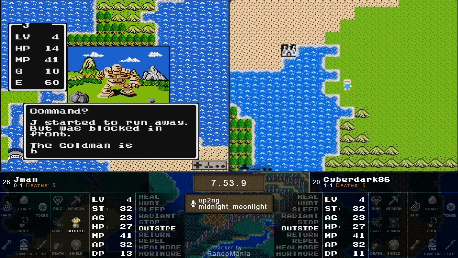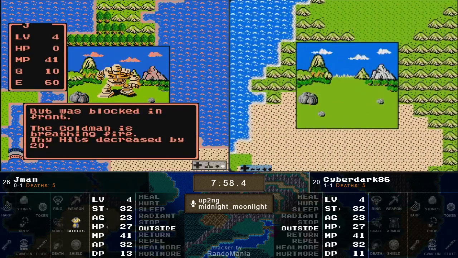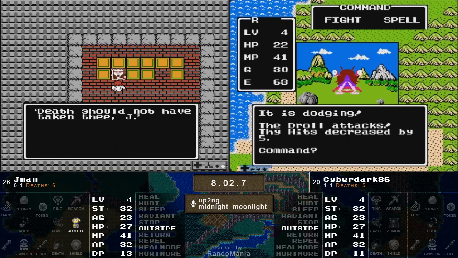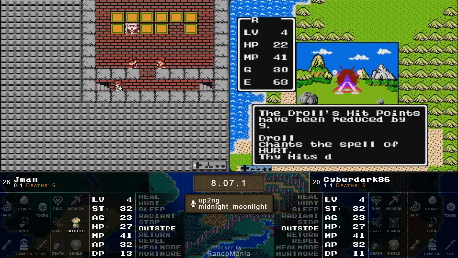Now he gets sent back to the castle, has to listen to a lecture from the king, which, your time is ticking while that's happening, and you lose half of whatever gold you had amassed. J-Man looks like, I don't know if he was trying to run from that gold man or not, but...